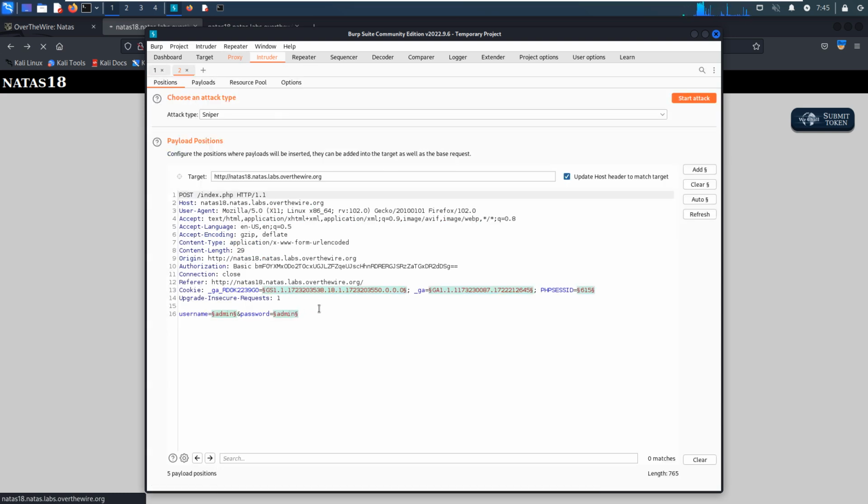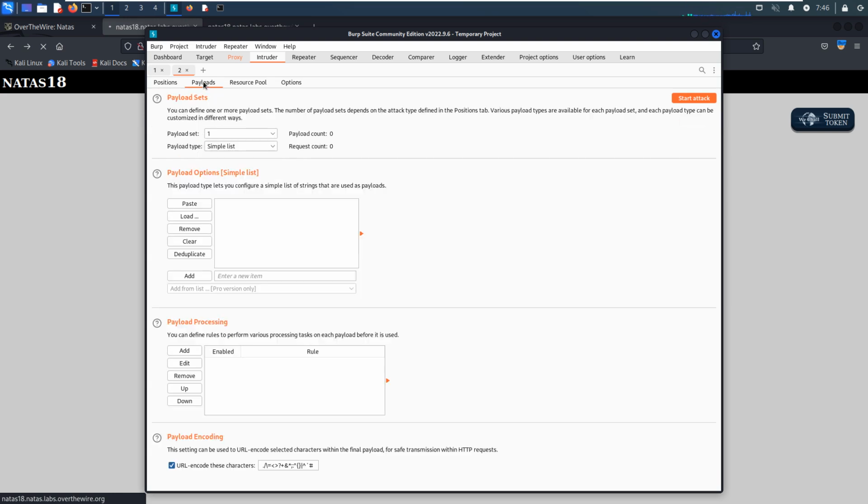Just as I mentioned earlier, changing the username and password would be useless. The only way to get admin access is to get the corresponding PHP session ID for the administrator. So how do we do this? We can clear all variables, and then add the session ID as the position to attack.